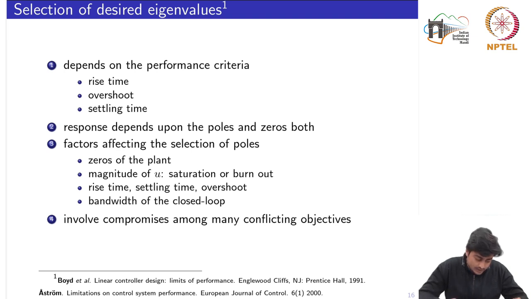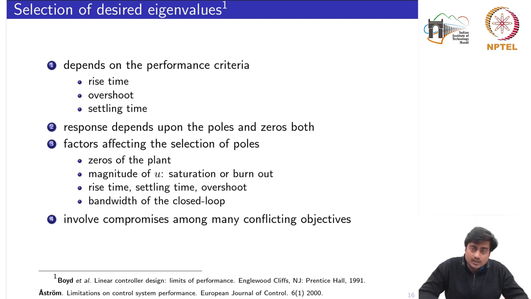There are different ways of computing the set of desired eigenvalues. You possibly have studied in your UG control course some methods from the root locus diagram or from the Bode plot, by taking into account the transient and steady state characteristics. First of all, it depends on the performance criteria, that is, what performance criteria we are targeting,